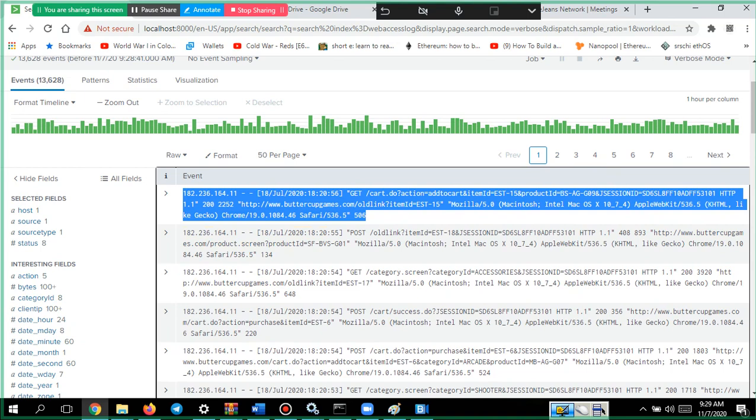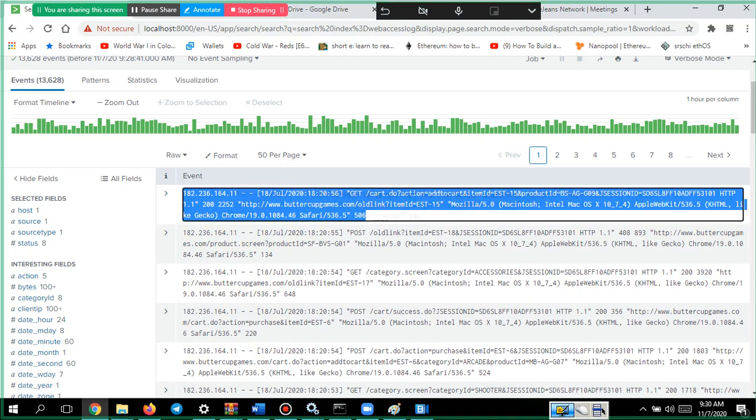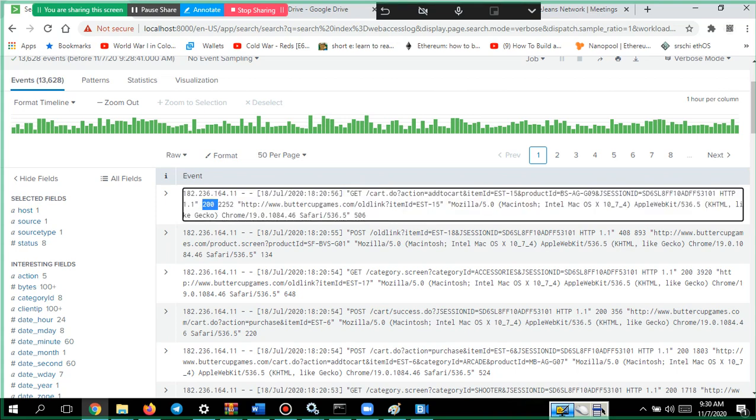Someone asked, hey, I want to add something to the cart here, for example. For that, what decision has it taken, whether it is added or not, by looking at the 200 OK message, successfully it is added. So the request and responses together will be there in the entire event.